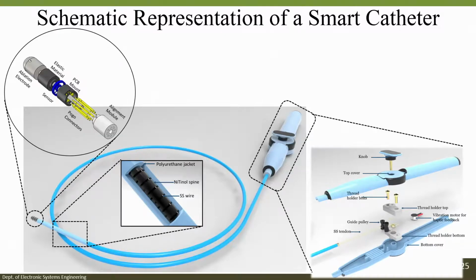You see, this is the maneuvering mechanism. You can move the catheter with the help of the maneuvering mechanism. When you maneuver the catheter, this tube will go all the way inside the heart, and this is the tip where you apply the RF frequency to ablate. Within this tip, there is a sensor which will measure the force from the heart tissue.